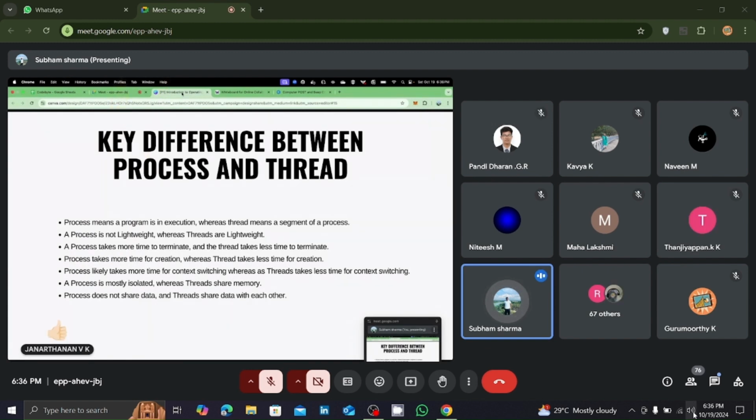Context switching is nothing but, what happens is when a process is running, if you remember the multi-programming operating system that we studied in the last class, there were two types of times, IO time and CPU time. When the process was running inside the CPU, it was utilizing the CPU time. But in some cases, a process can do IO work also, if it wants to copy something or do some printing work or something. That is not considered